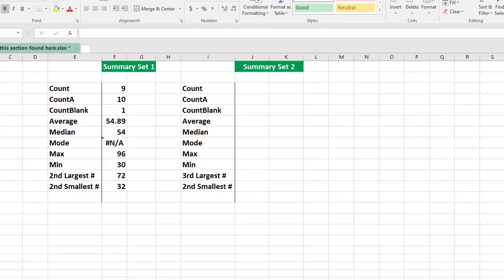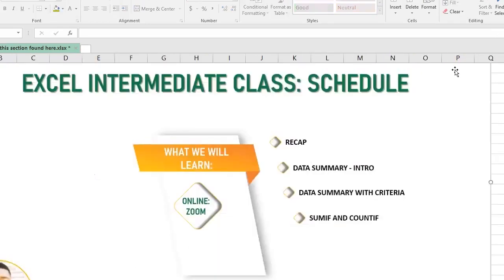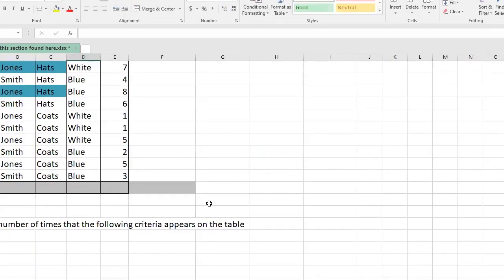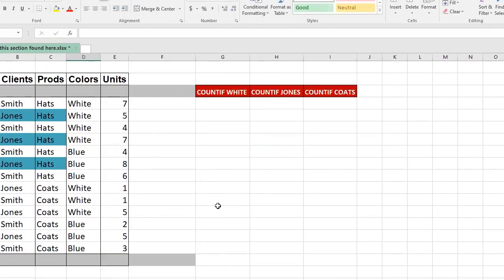The next one we are going to be looking at is the data summary with criteria. So in this case, there's a criteria attached to what we are looking at. The first one here is the COUNTIF function. The COUNTIF function counts the number of items within a range, given that a particular criteria is